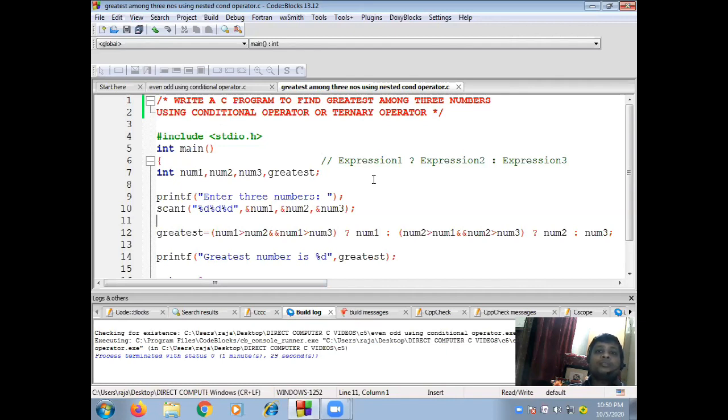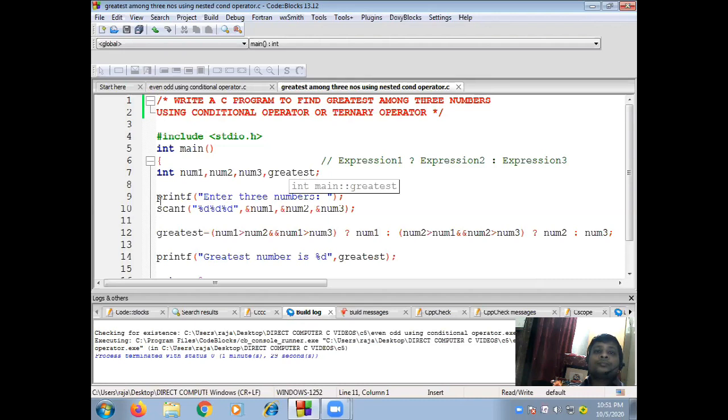The nested if else means what? If one if else present inside another if else, then it is called nested if else. Same, if one ternary operator or conditional operator present inside another conditional operator, clear? Then it is called nesting of conditional operator. Clear?